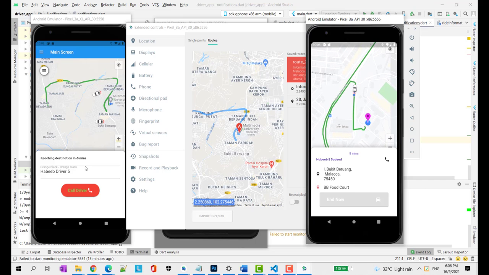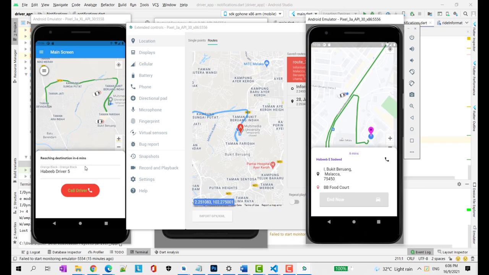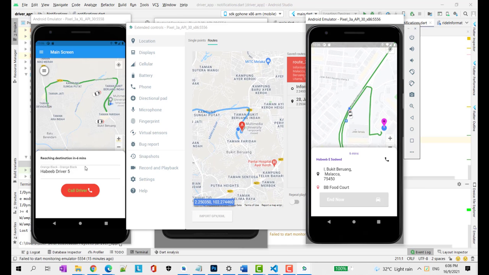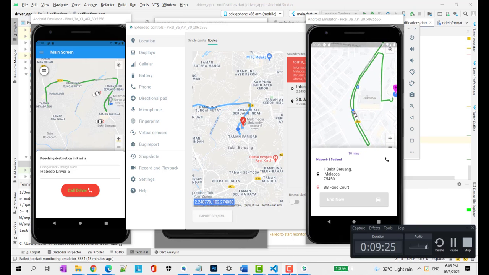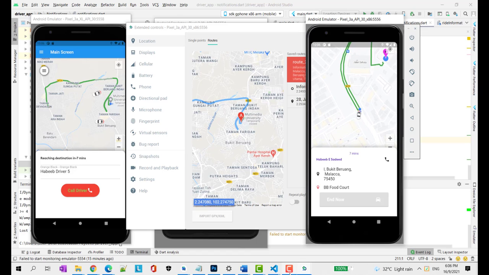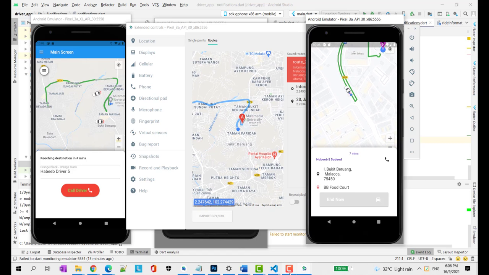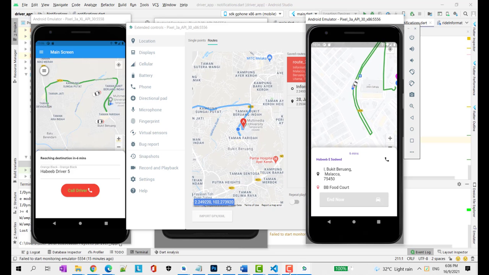I need to wait a few moments. So now it will be following the polyline, because the two markers have been placed between the rider's position and the driver's position.